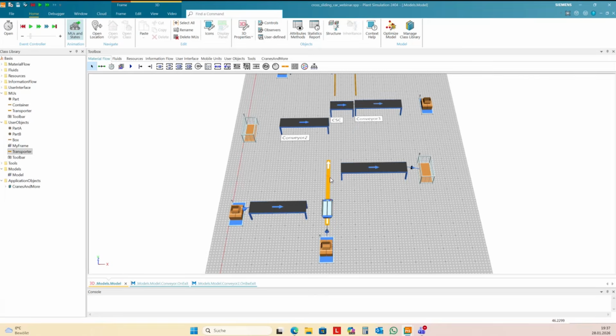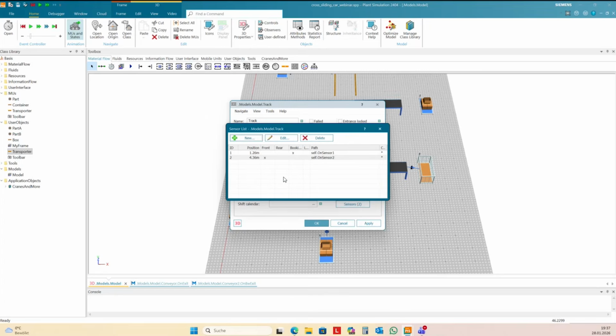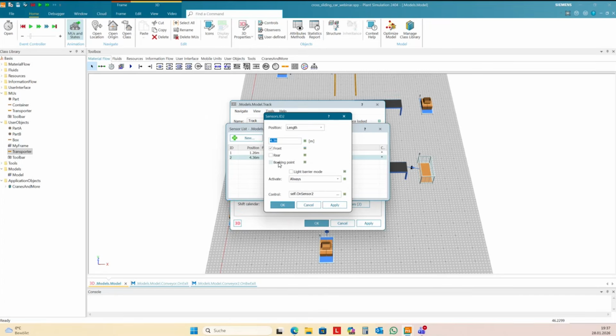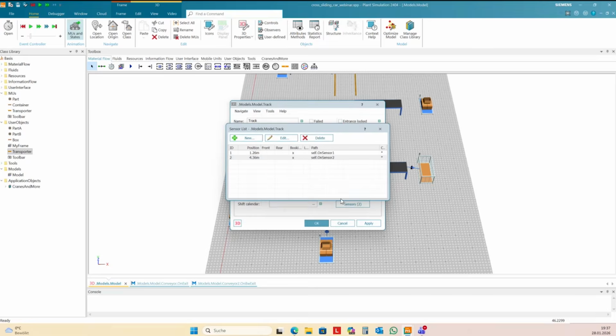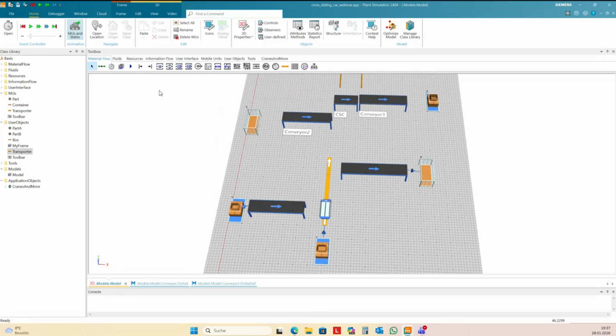Okay, maybe I need to change my second sensor to booking point. This is easier for adjusting the position.